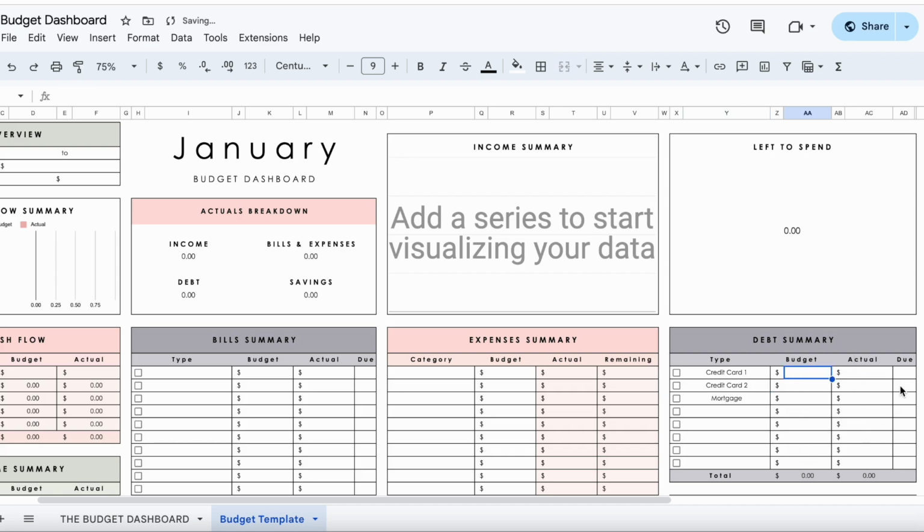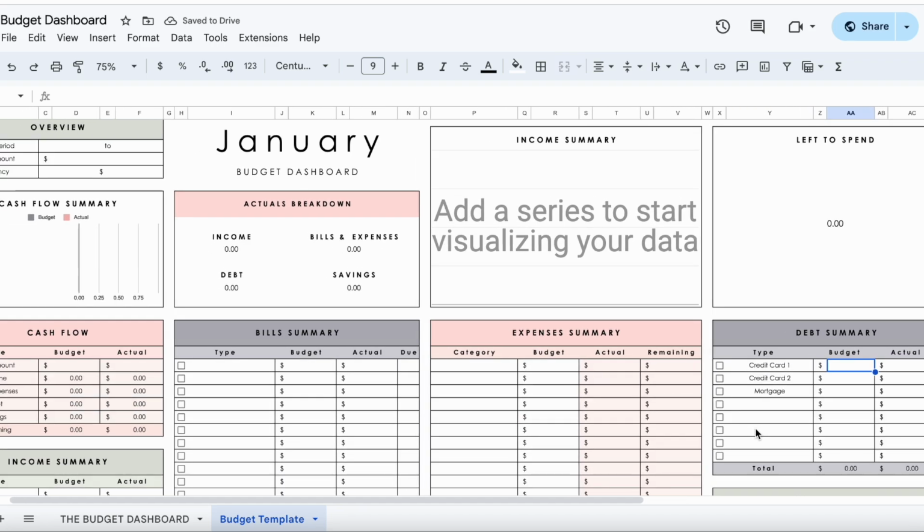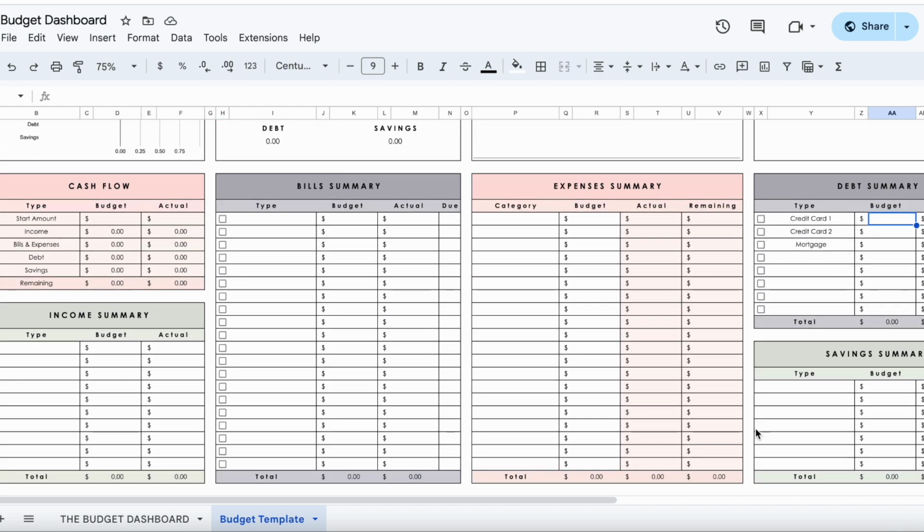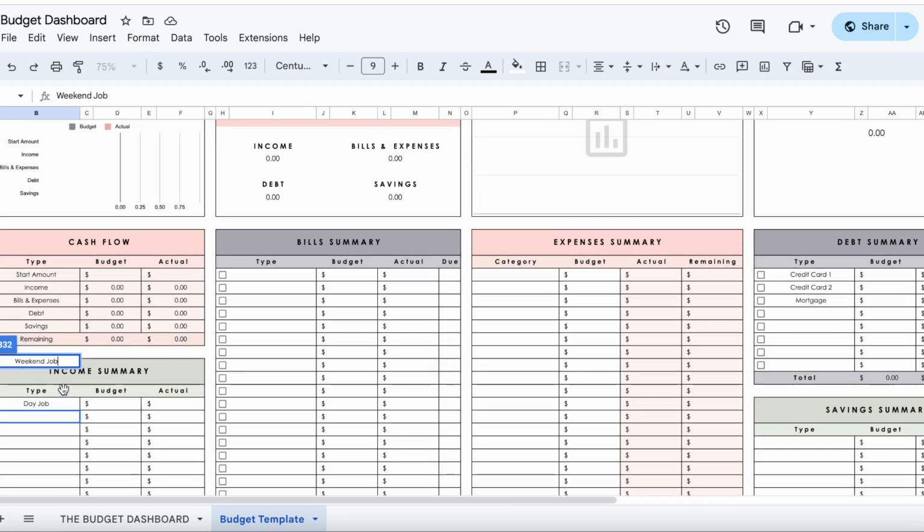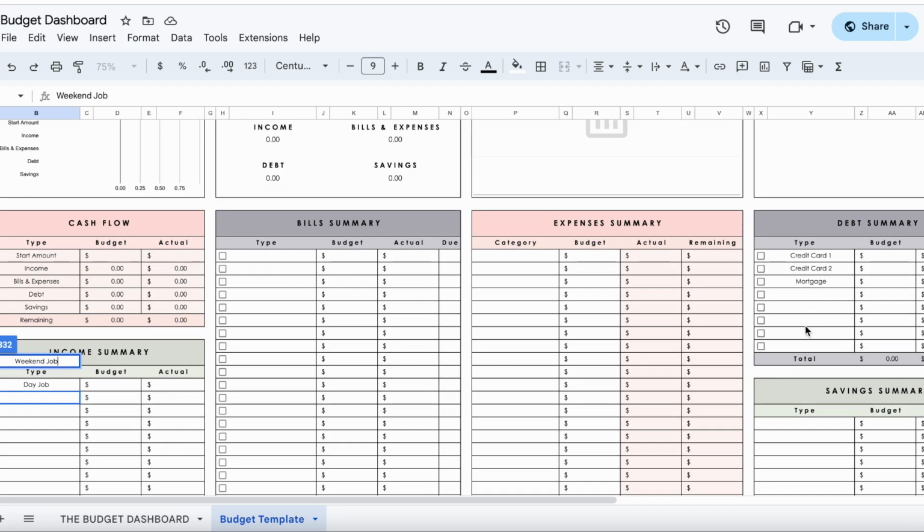You can fill in this information and when it's due, and then you can do the same thing if your income is the same every month. I can put day job, weekend job, and then anything else that'll be the same every month, you can pre-fill that out and then use that as your template